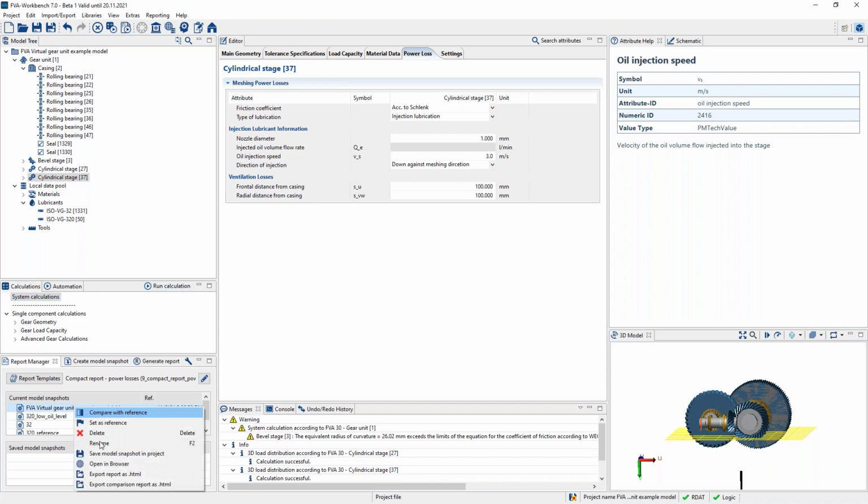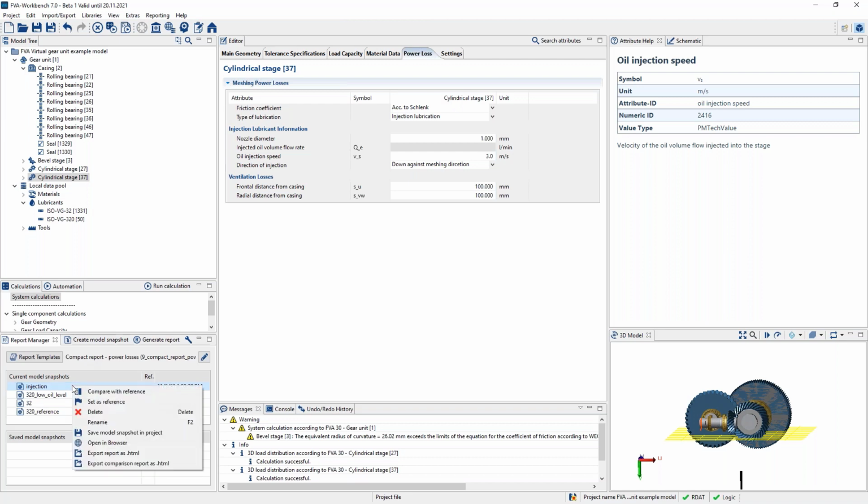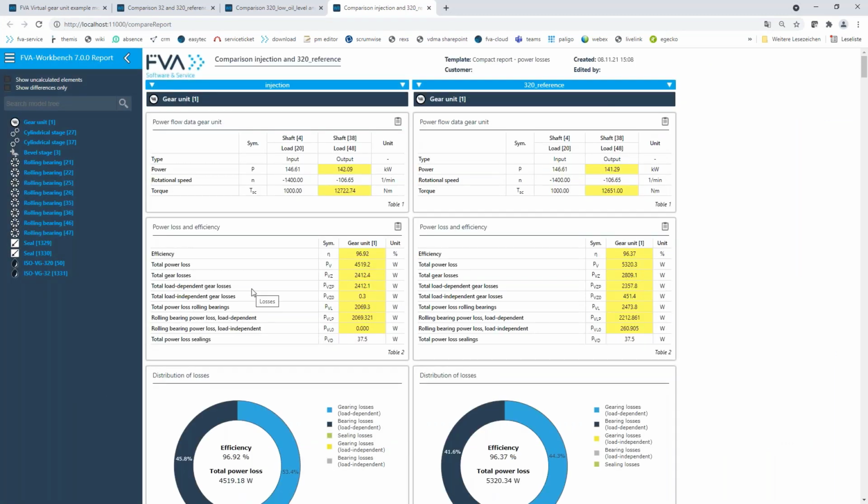We name it injection. And then we will compare it with immersion lubrication. Now you can see here some differences. For example, you can see for injection lubrication, the total power loss is significantly lower than for immersion